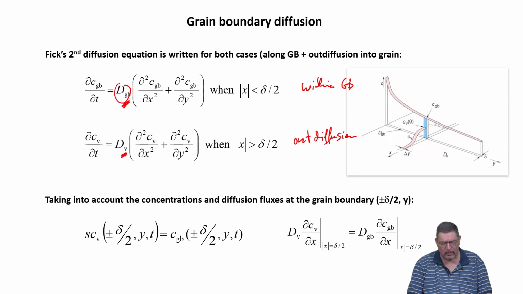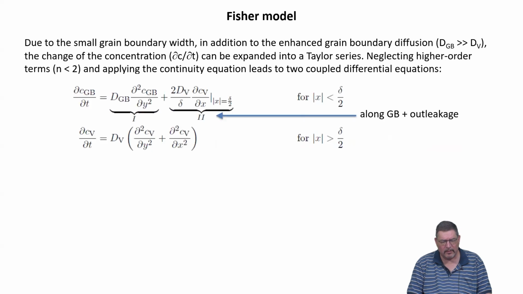Well, we take now the diffusion fluxes, so basically the continuity equation, into account. And this gives us these conditions listed down here, like mass conservation plays a role here, right? And so we basically then can